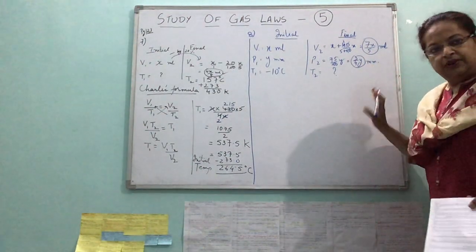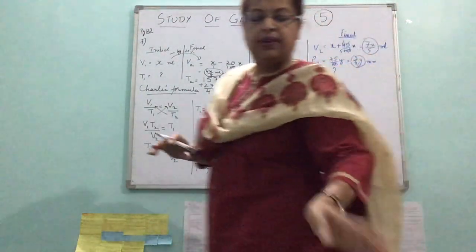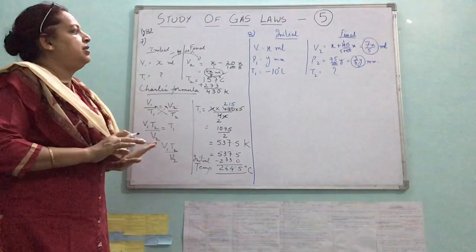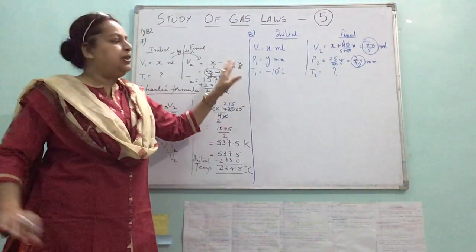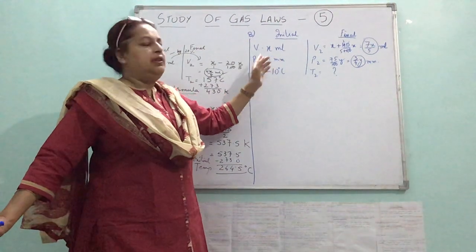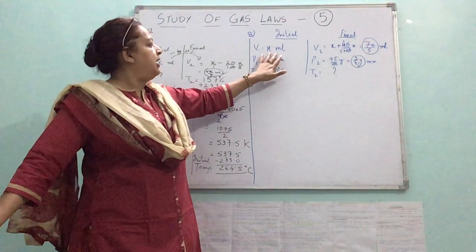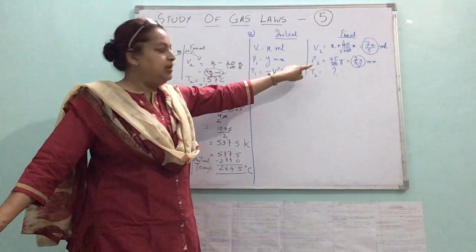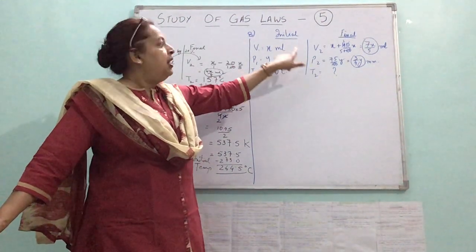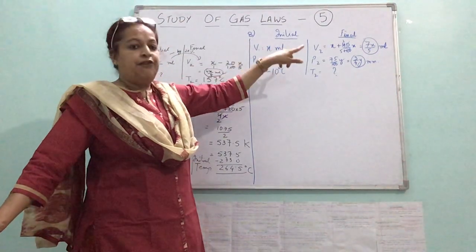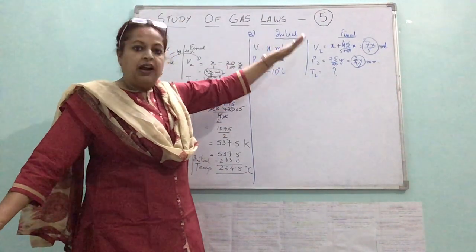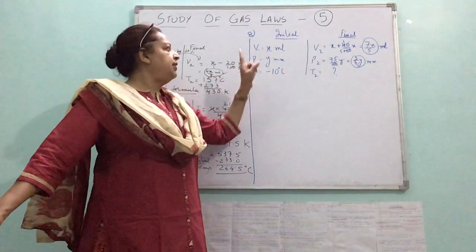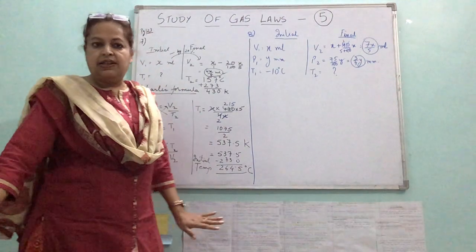Well, we have got all those values now. Now I don't need this. Okay. So I have got the values there: volume, pressure, temperature. I'll again narrate the question to you. It says that in a certain experiment, the pressure of a gas reduces to 75%. So this is 75% of that, and volume increases by 40%. So to X we add 40% of X, we get the second volume. We have to find this temperature. The initial temperature is minus 10 degrees centigrade.